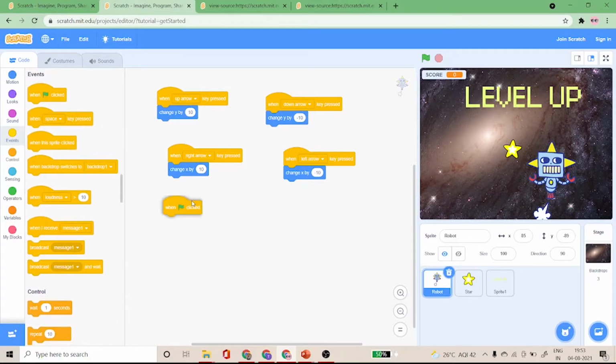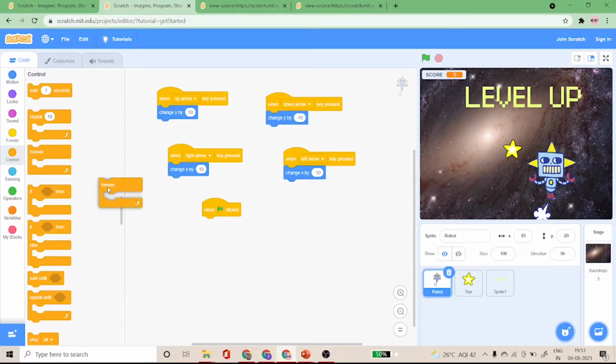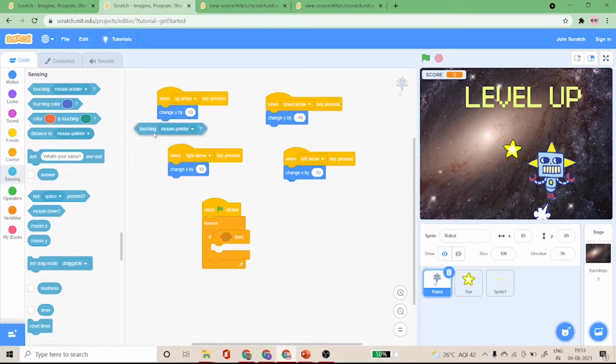Now, when the green flag is clicked and the game starts, I want the score to increase forever, whenever the robot touches the star. So I'll go to control and select the forever block and the if block. Then I'll go to sensing and take the touching mouse pointer block.